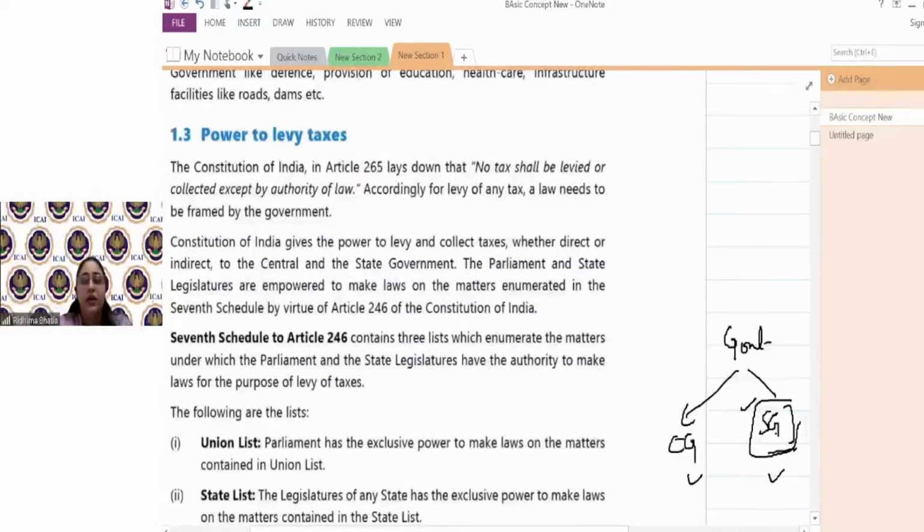Income tax को levy करने का authority is only in the hands of central government. अब ये कहाँ से आया? ये कॉन्स्टिट्यूशन से आया. So कॉन्स्टिट्यूशन के 7th schedule to article 246 से it came that central government can make the law on the matter related to income tax. Only central government can make it. Only central government has the power. The government which is at the center, or the union government, has the power to make law on income tax, to bring amendments to the income tax.